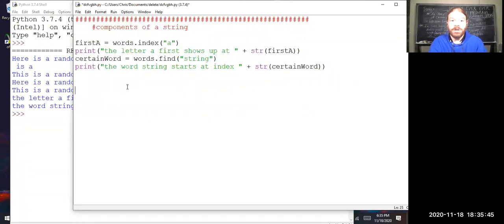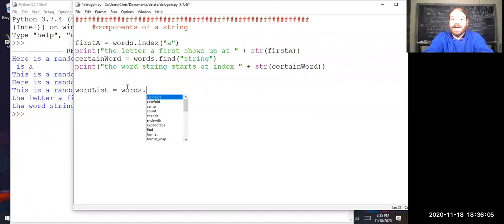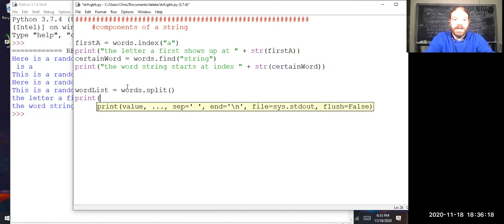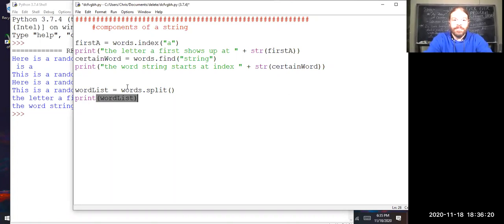So another really useful one for components of it is we can automatically split that up into a list of words. So I'll store that here, word list. And again, it's built into the string method because that's a common property or behavior that we're going to need. So all the behaviors are already encapsulated in strings. And we can just say words.split and call the method. We don't have to pass anything in. And then if we print that word list out,